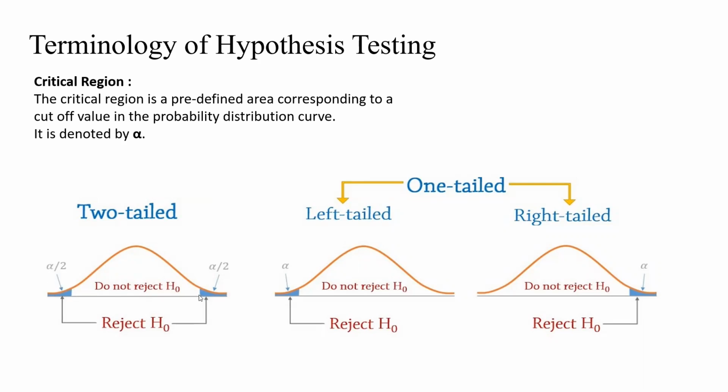critical regions, and they are typically bordered by the value beyond which the critical region starts, which is called the critical value. And these values basically define whether we have to reject or not reject the null hypothesis. If it is in between those critical values, we do not reject the null hypothesis. If it is outside those critical values, then we will go ahead and reject the null hypothesis. So this is the term about critical region and critical values.